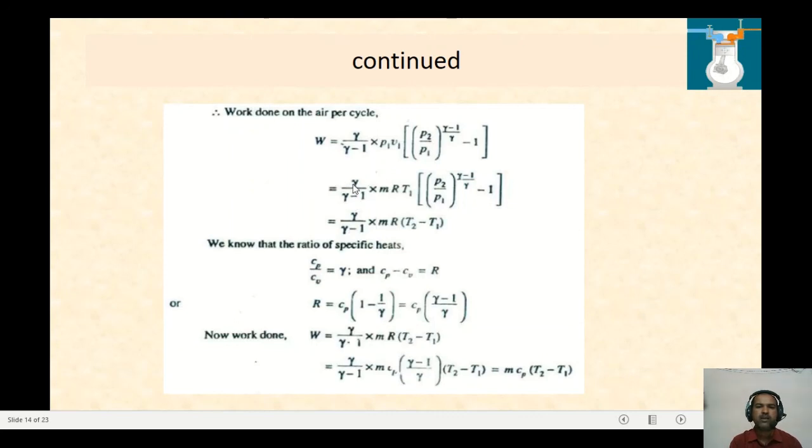The gamma value for air you can take as 1.4. In a simple numerical problem, if you are not given the gamma value, you can take the gamma value for air as 1.4. Sometimes they may give the CP value and CV value, and then you can put in the values and find out gamma. That is gamma